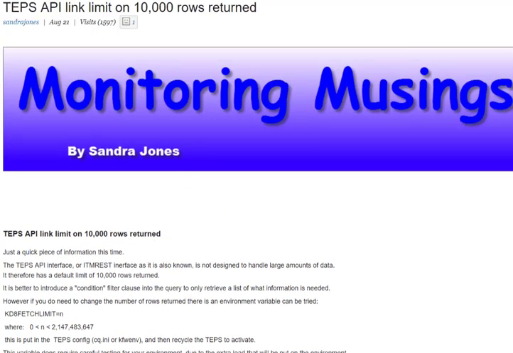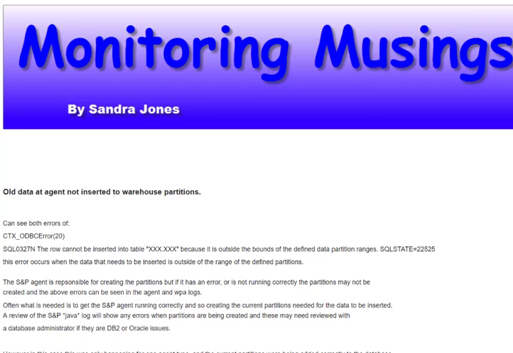Right. Another very nice blog by Sandra that we cherry-picked for you is called All Data at Agent Not Inserted to Warehouse Partitions. The blog addresses the issue of inserting agent data that is outside of defined data partition ranges, which occurs just because of that. Data is outside of the range. It addresses a specific case, however, where this was only happening for one agent type, and it turns out that the data was not too large to input,